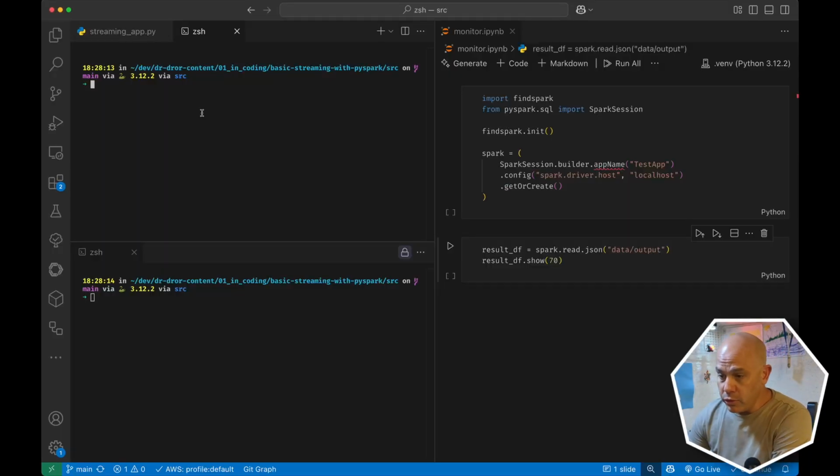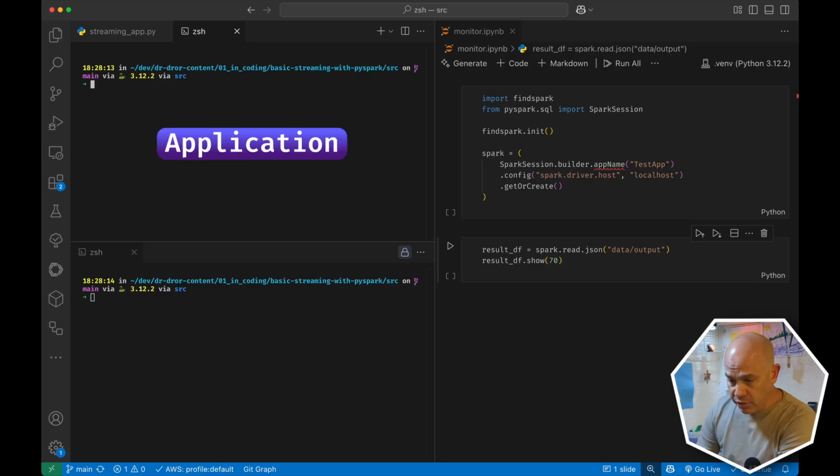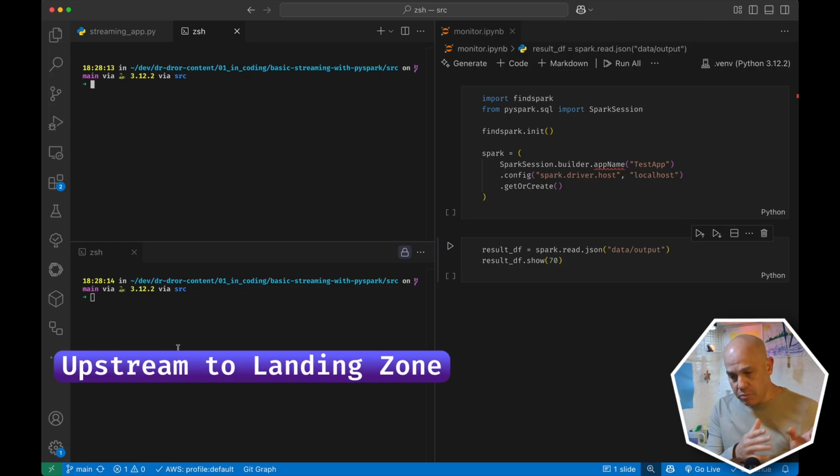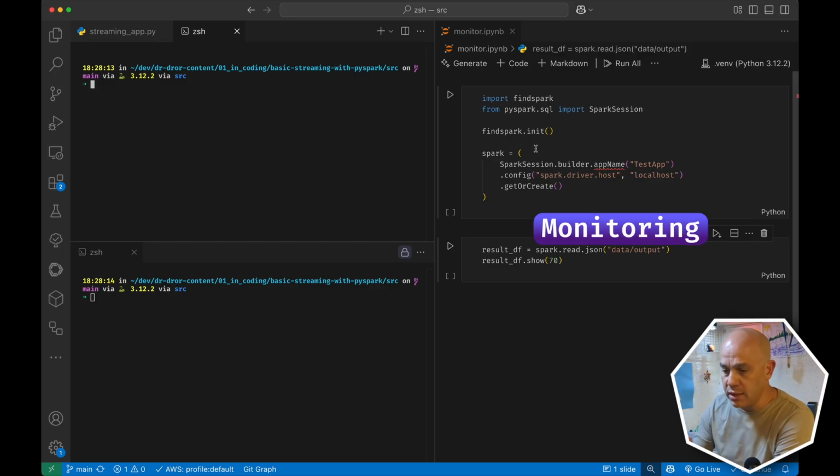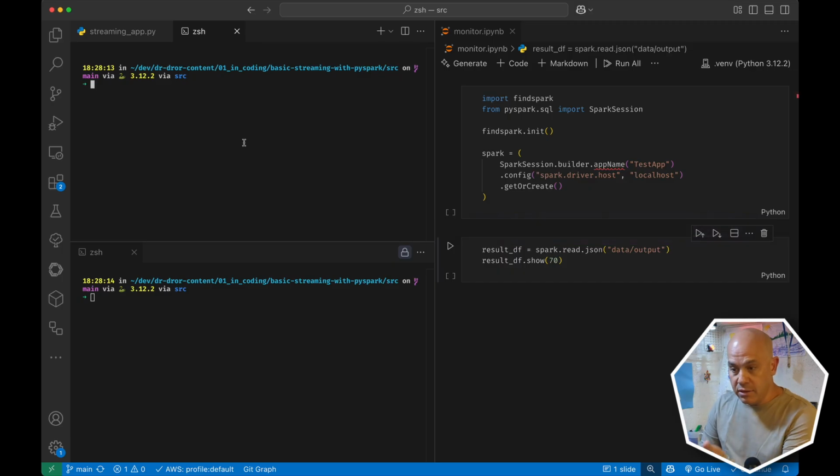Here we are going to use two different terminals, one where we will run the application, one where we will copy the data. We will mimic bringing data from a kind of upstream into a landing zone, and then the application will process that. And here we will have a monitoring notebook to see the data is actually being added on the fly. So let's start our application this way. It will start